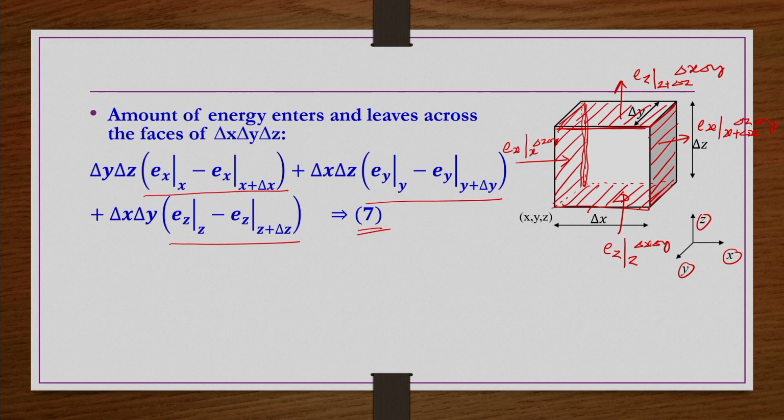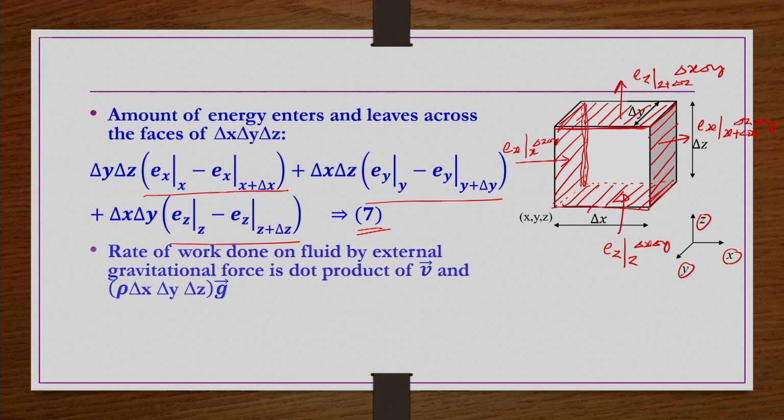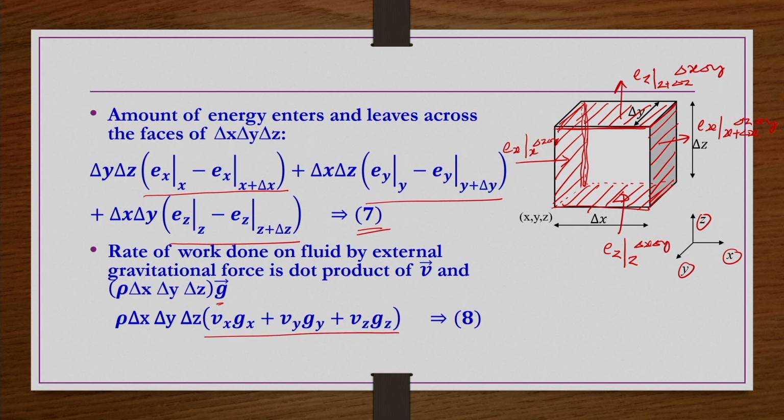So, in the RHS of equation number 1, the first, second, third terms are represented by equation number 7, and the last term in equation number 1 is nothing but the rate of work done on fluid by external force. For the external force, we are taking gravity, which you can get by taking the dot product of the V vector and rho delta x, delta y, delta z, g vector. That gives rho delta x, delta y, delta z multiplied by Vx Gx plus Vy Gy plus Vz Gz. Now these equation numbers 6, 7, 8